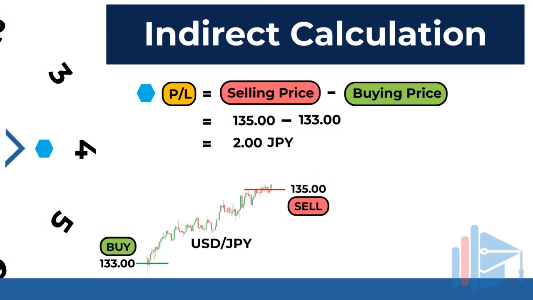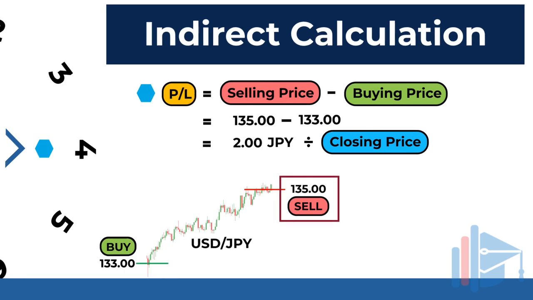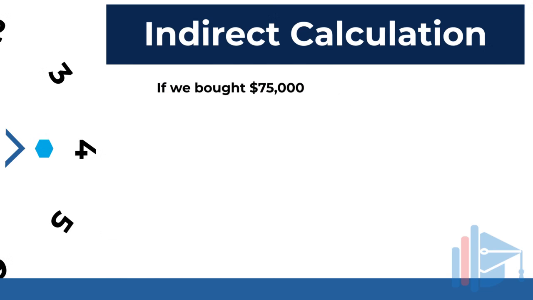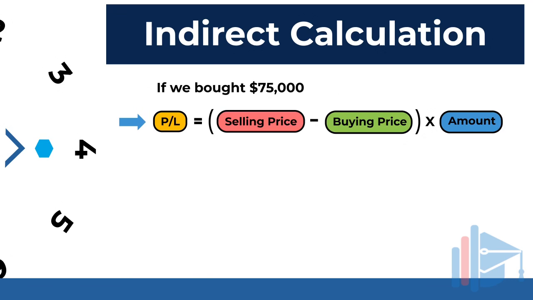To convert the profit into the functional currency, you would divide the result by the exit price, or the price at which you closed the trade. In this case, you would divide the 2 yen by the sell price of 135 to calculate your profit in US dollars. For instance, if we bought 75,000 US dollars, the calculation would be profit or loss is equal to